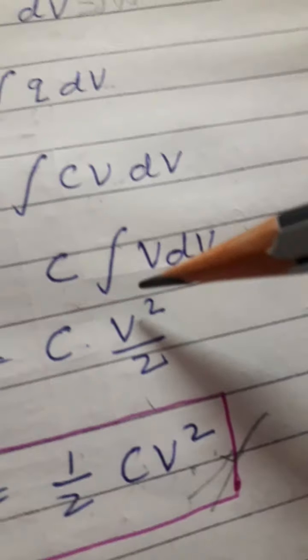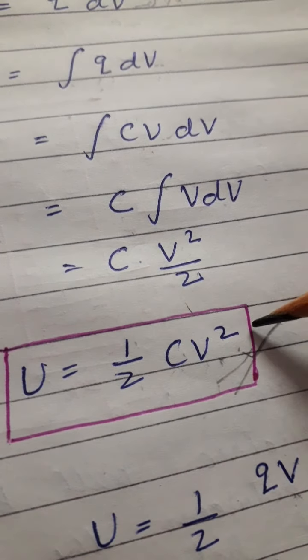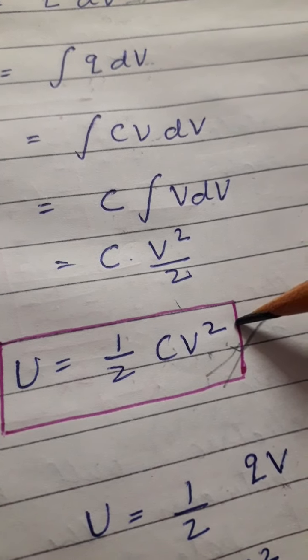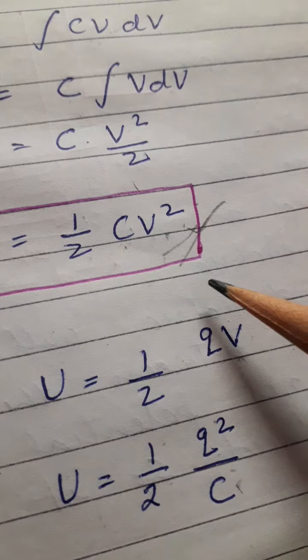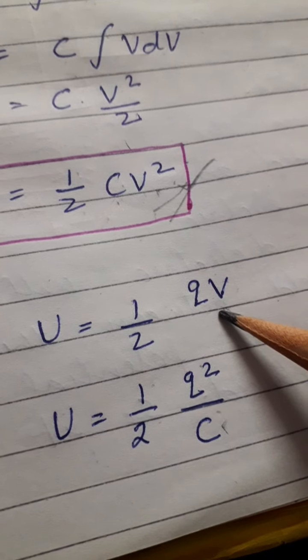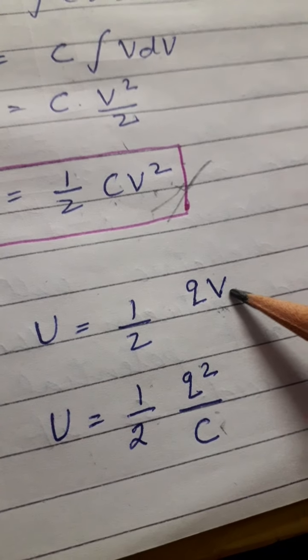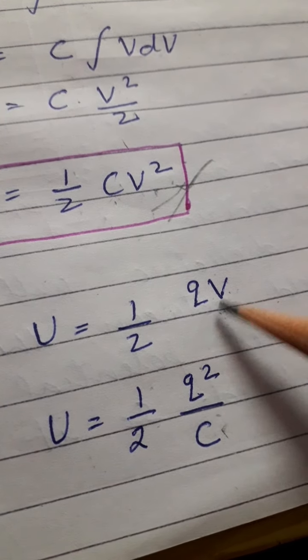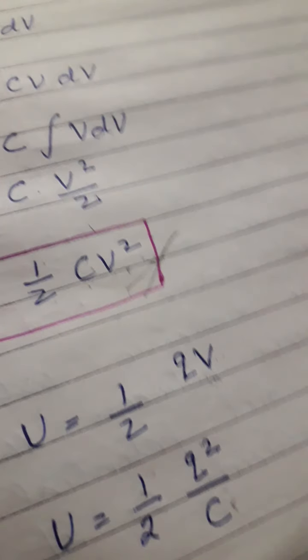When we integrate, we get V square upon 2. And finally U is equal to half CV square. That is the formula for the energy. We can write the value of C as Q upon V. So we can get another formula for the energy, that is U is equal to half QV. And if we write V in terms of C, that is Q upon C, we can get this formula as per the required conditions. Now,